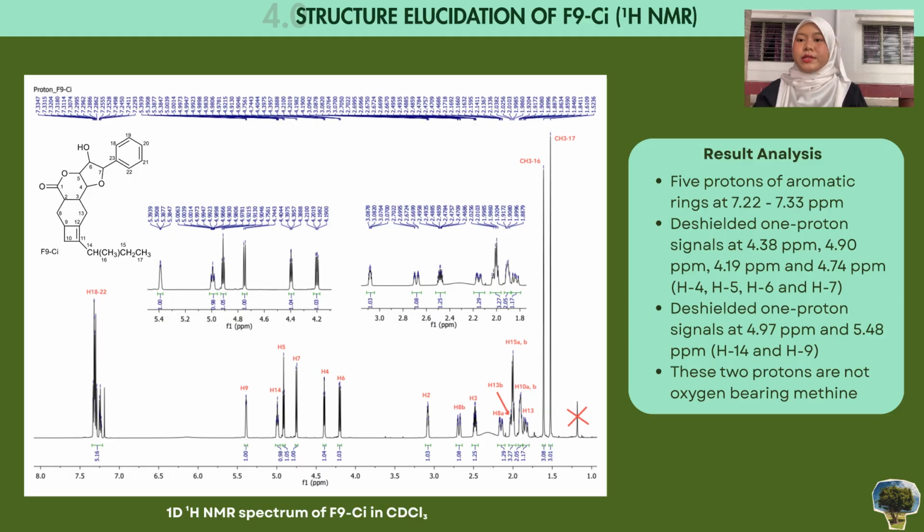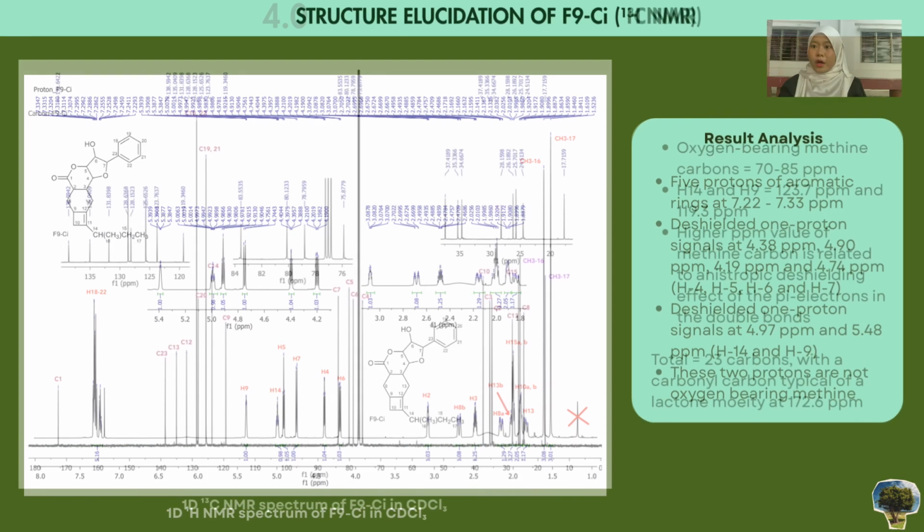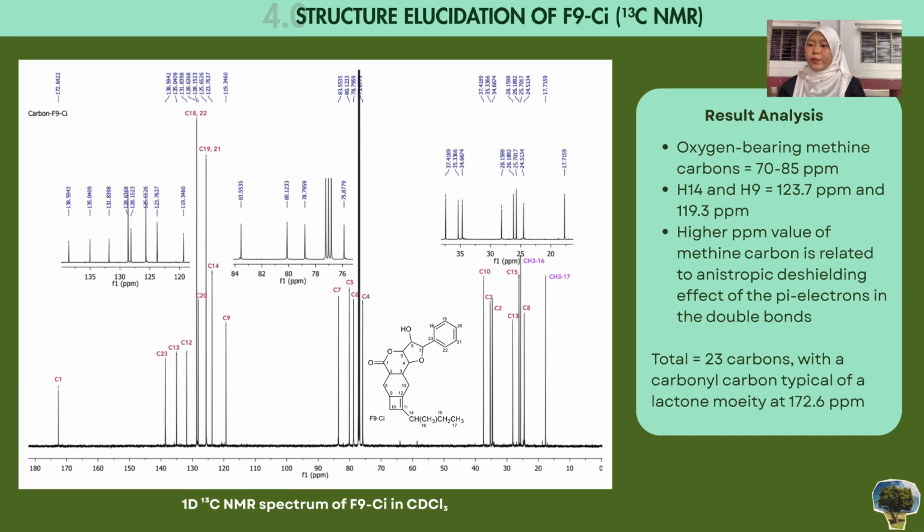as H4 until H7, and another 2 additional 1-proton signals observed further downfield at 4.97 ppm and 5.48 ppm, assignable as H14 and H9. But these 2 protons were not oxygen-bearing methine protons, because the carbon NMR spectrum revealed that the chemical shifts for their carbons were 100.2, 123.7 ppm and 119.3 ppm, whereas the oxygen-bearing methine carbon typically resonates between 70 and